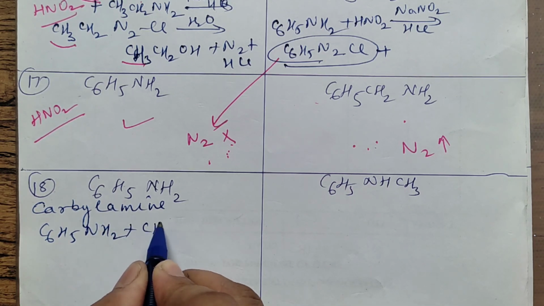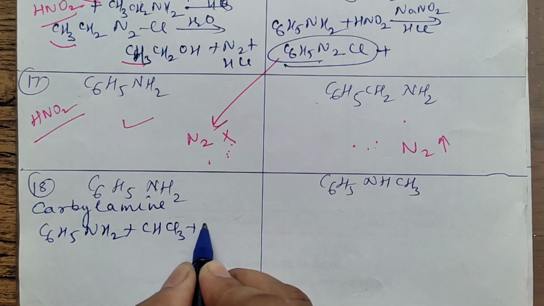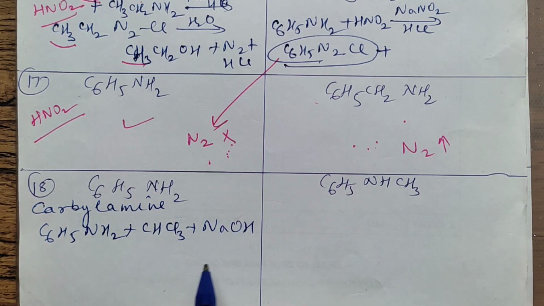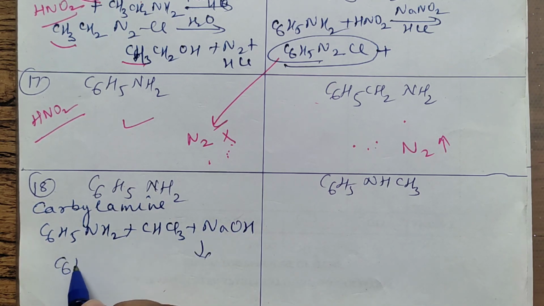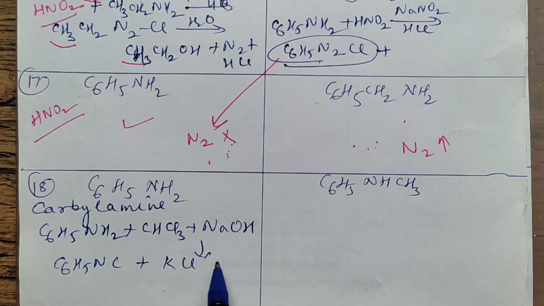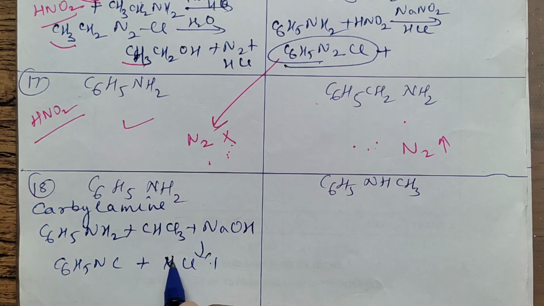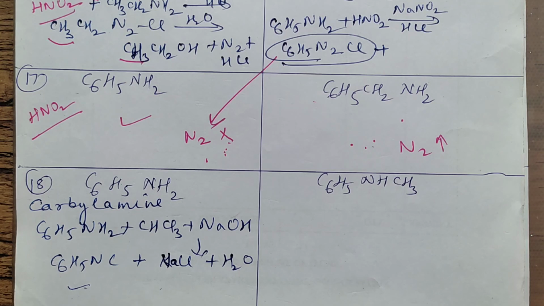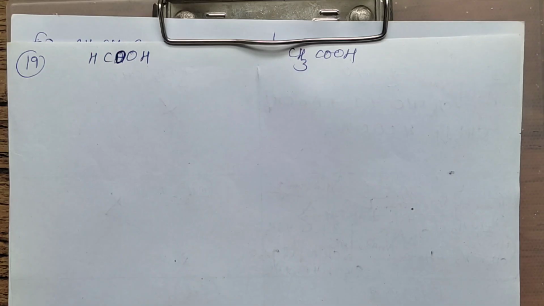This plus chloroform plus NaOH. When you carry out this reaction, it will form a bad smelling substance, isocyanide, plus NaCl, because we have taken Na. So NaCl plus water is obtained. That means you are getting bad smelling isocyanide, right? Whereas this is 2 degree, so it will not give it, and you can distinguish between them. Fine till here. Just quickly one more we will take.